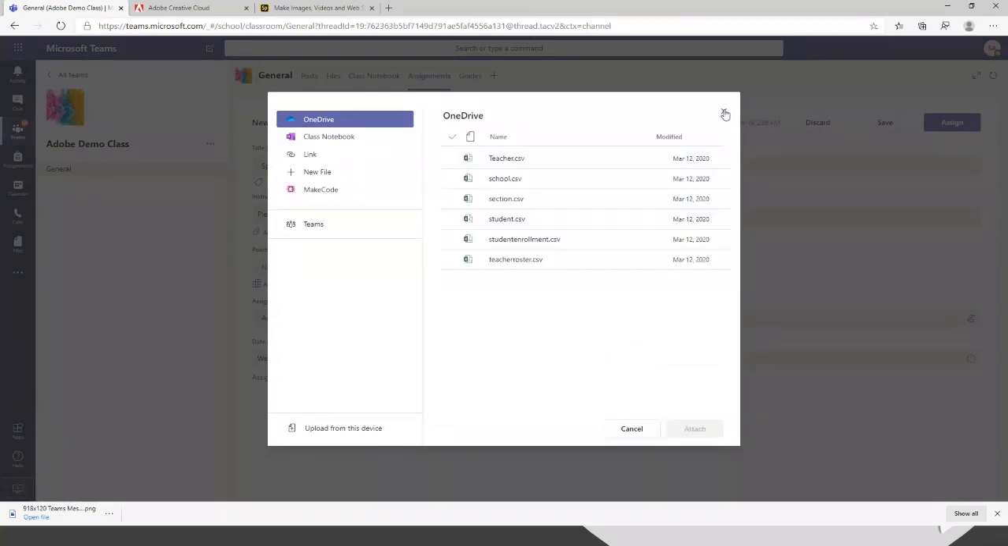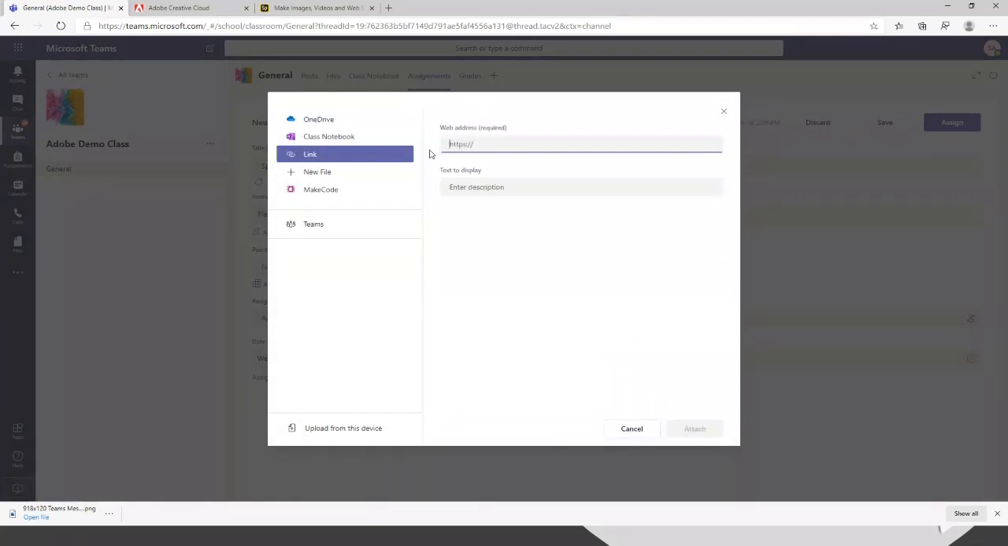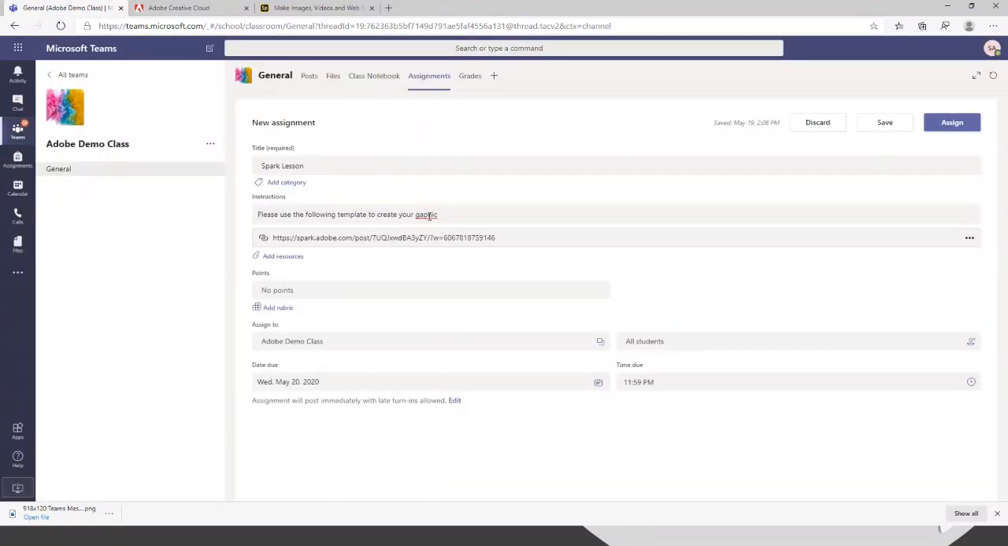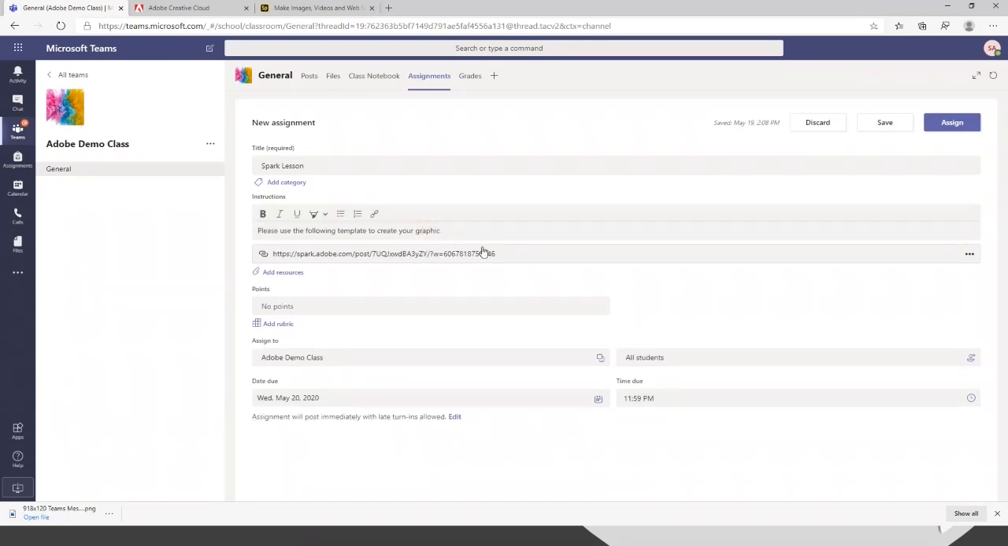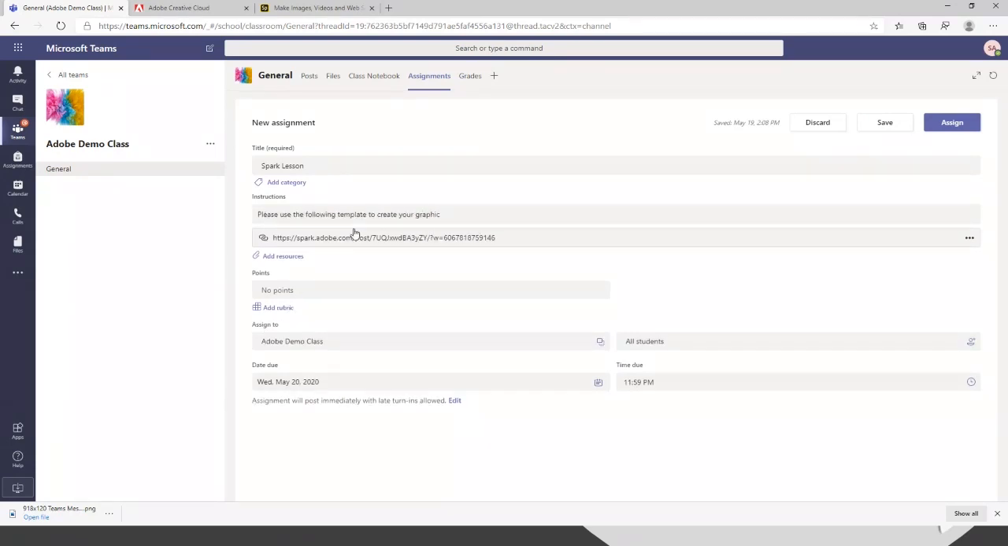So in here, I've got upload files. I can click on link, and I'm just going to paste my link into there and click on attach. So I need to spell graphic. There we are. So I've got everything. I can set my rubrics and other things, which I'm not going to do today, and then I can assign